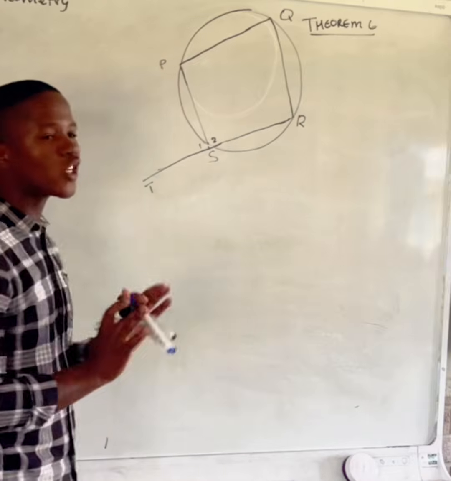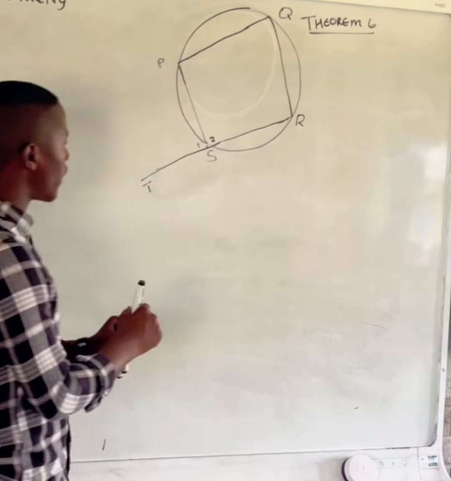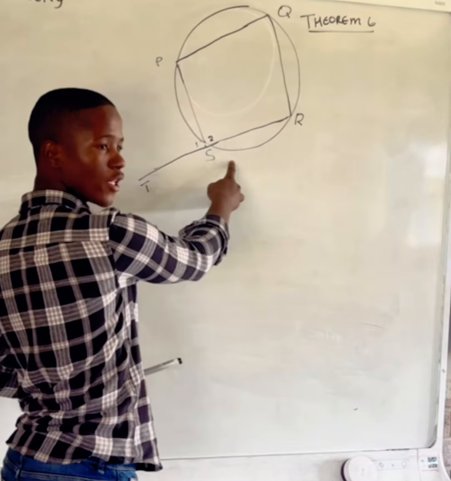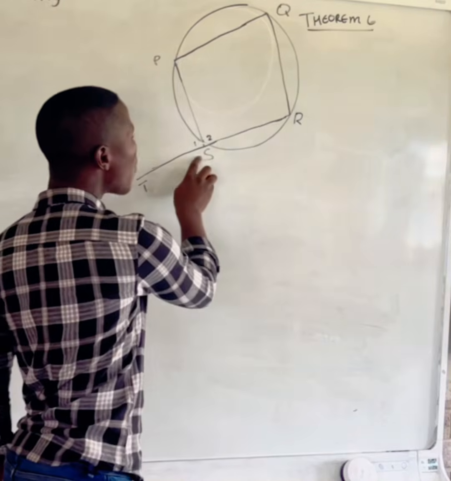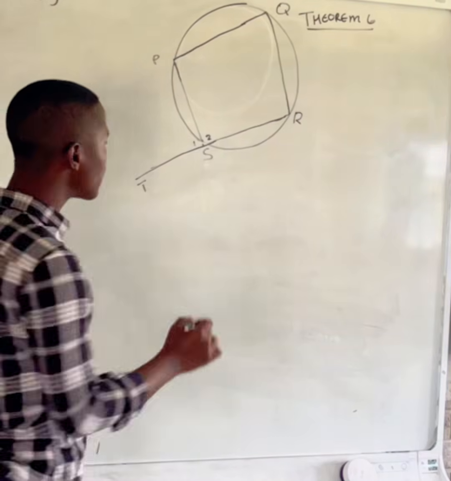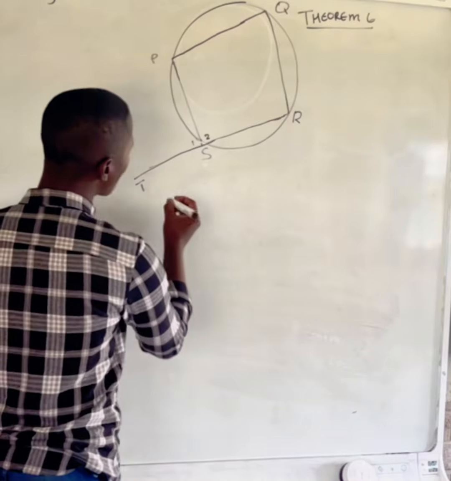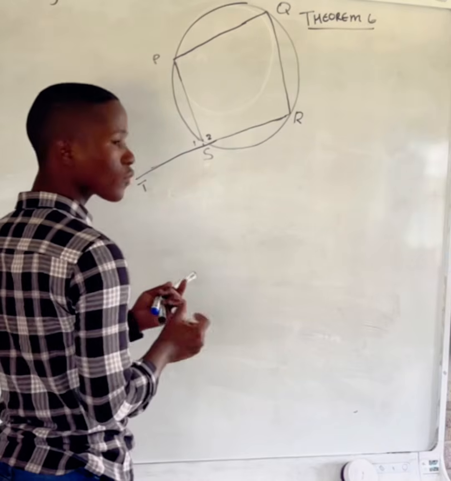So what is it that we are going to do firstly? If you look at this particular angle, look at your angle S1 and S2. When you say S1 plus S2, can you see that these are going to give you 180 degrees? But let's start by firstly understanding that we are required